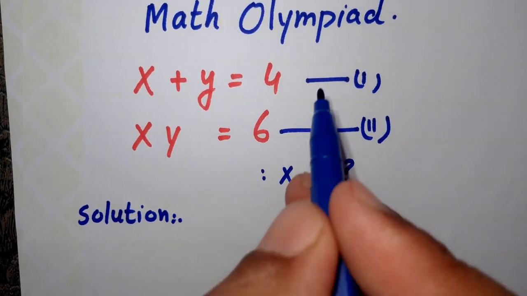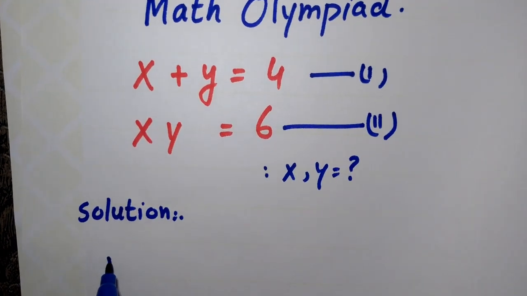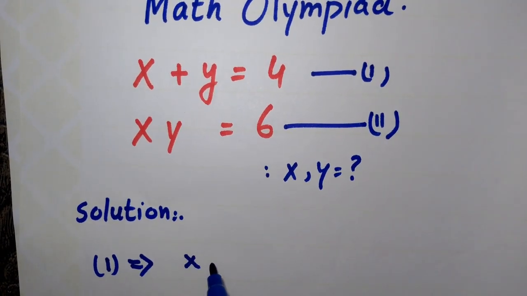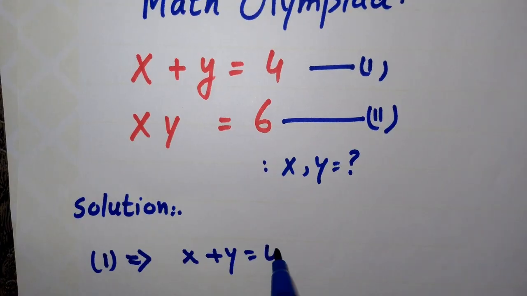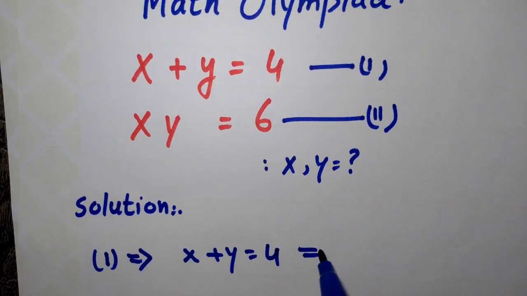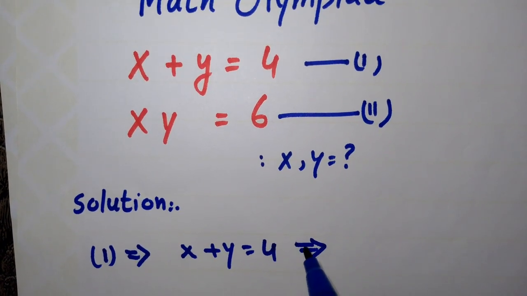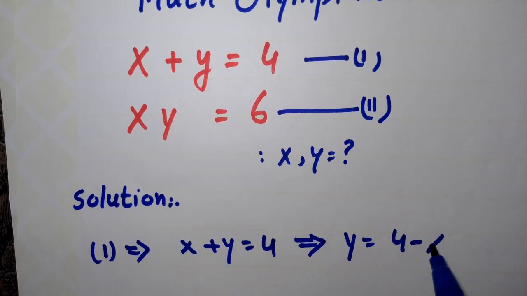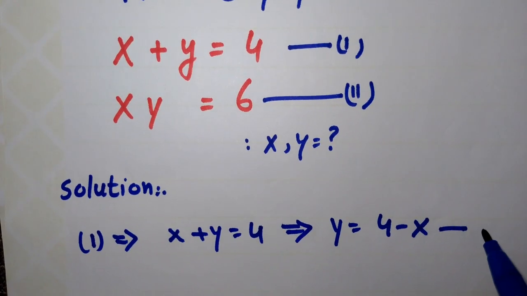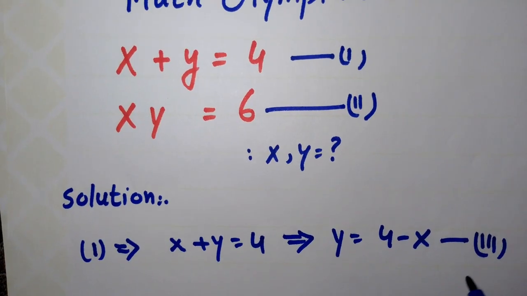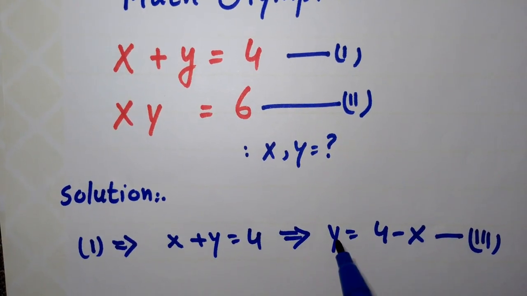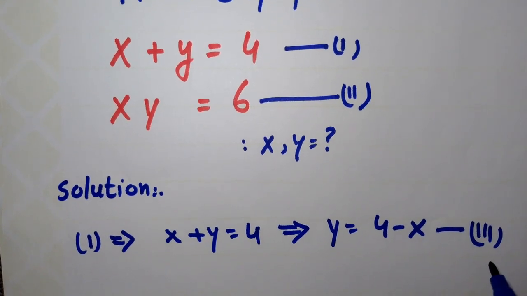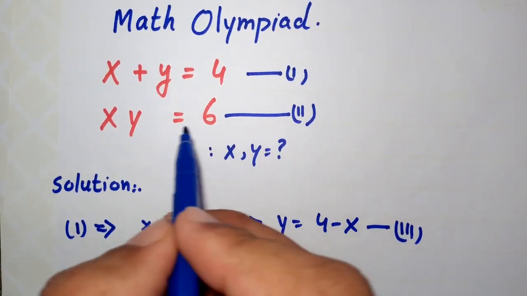So, from equation 1, x plus y is equal to 4, and y is equal to 4 minus x. This is equation 3. From equation 1 we obtain the value of y, that is 4 minus x, and this is equation 3. Now we have to write equation 2,